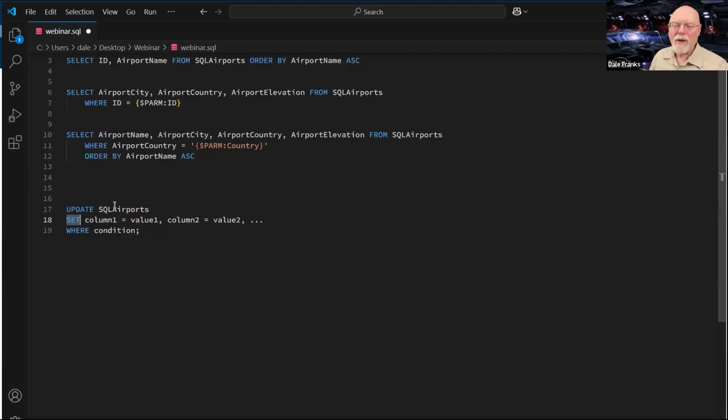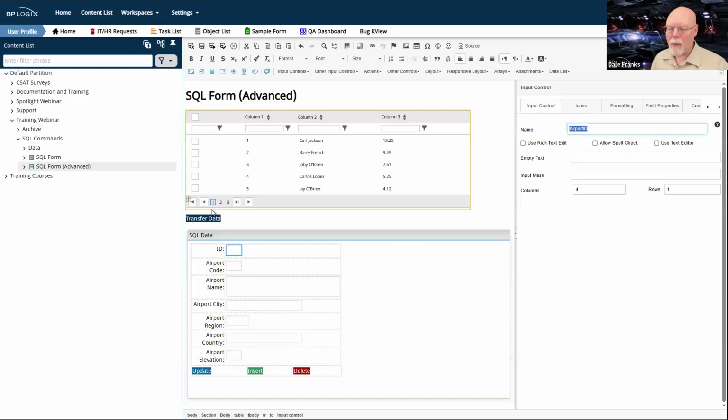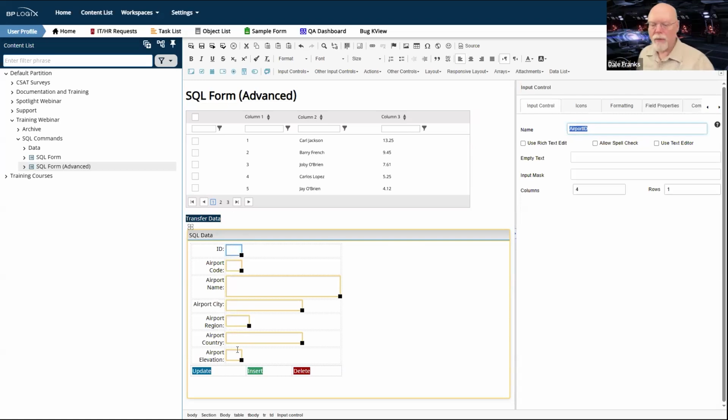So we need to update the SQL Airports table with the data that we're going to take in this table. So here's how I perceive this to work. We may need to make some changes to some of the information in our database. So we'll need to select it out of our data list control and click the transfer data button to transfer it into all of these form controls at the bottom of the form in the SQL data section.